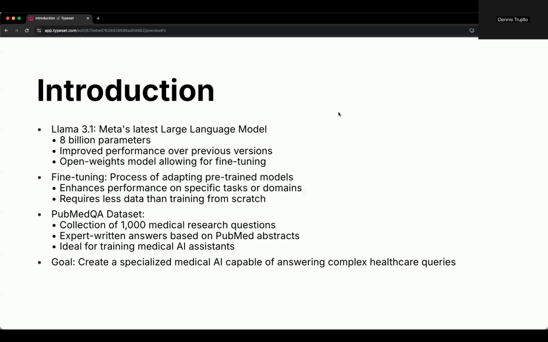own applications. So I'm going to be going through fine-tuning, which is the process of adapting the pre-trained model weights. So this would enhance performance on a specific task or domain, which would require less data than training from scratch. We're going to take a corpus of data and pass this through the Llama 3.1 model. And ultimately, we're going to fine-tune the weights to make sure that we have an expert model that can answer